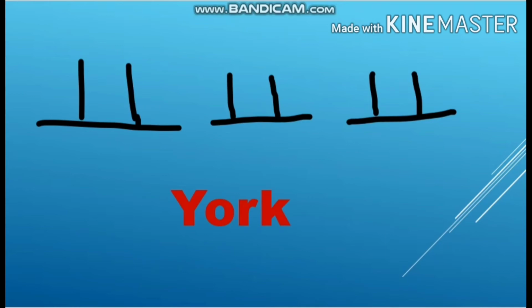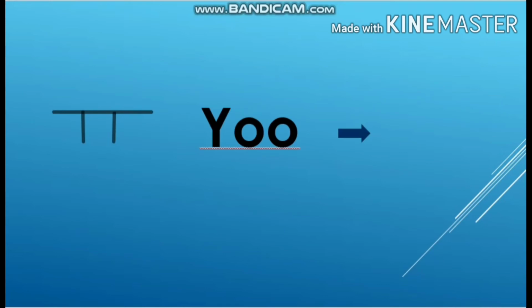We'll move to the next vowel. Next is yu. We already saw u. Just add one extra line to that and you will get yu. For this you need to draw first a left to right line, then top to bottom, and next to that one more top to bottom line.